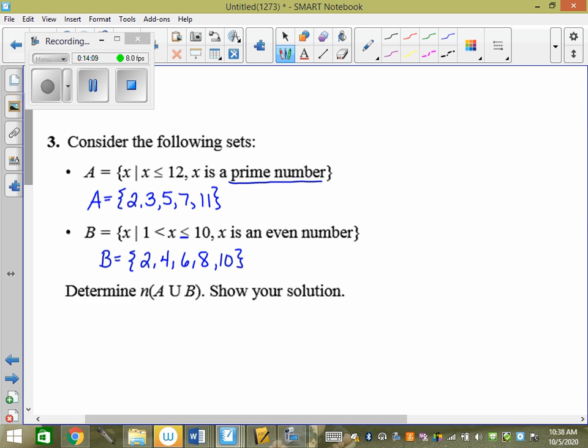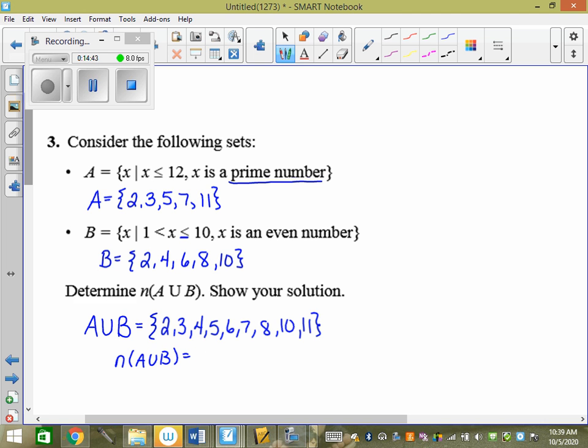So if it's just the number that are in A or B, let's just list first what's in A or B, because that is helpful. So A or B means if it's in A or it's in B, I list it. If it's in both, I still list it, but I list it once. So it's going to be 2, 3, 4, 5, 6, 7, 8, 10, 11. How many is that? 4, 8, 9. So N of A or B